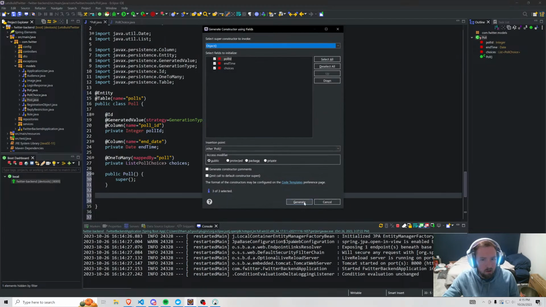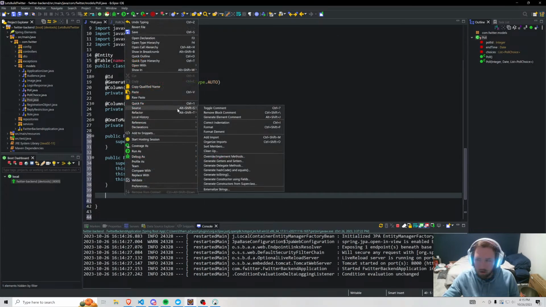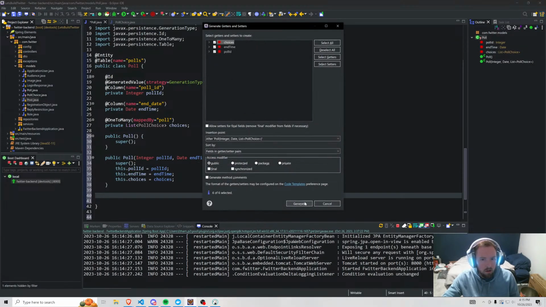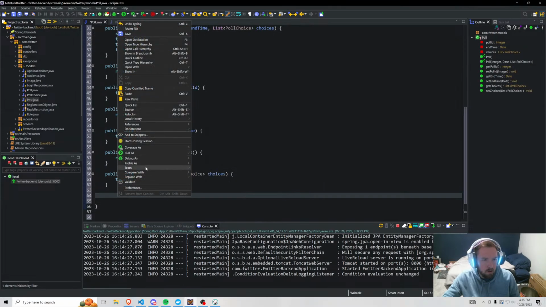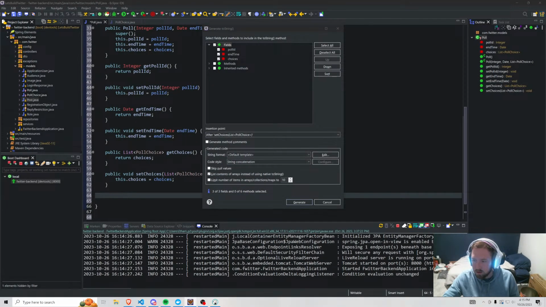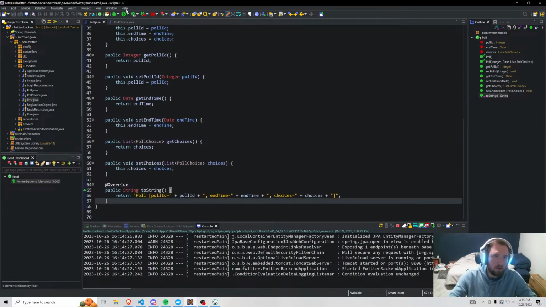Because I'm lazy, I'll do an all-args, and then we'll do our source, and we will do a generate getters and setters, and then we will do a generate toString. So let's see here. We go into our source, generate toString, and from here, we'll just do all of them, and that should be fine. And then we'll do the same thing